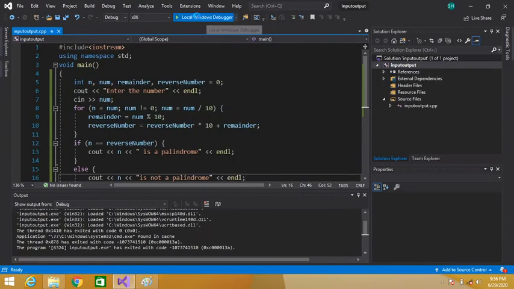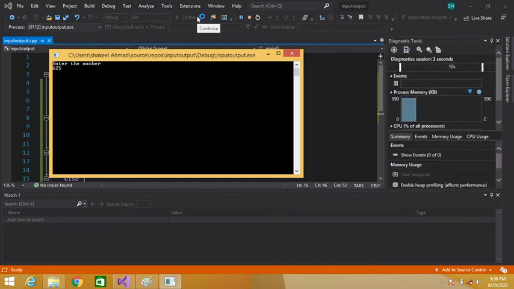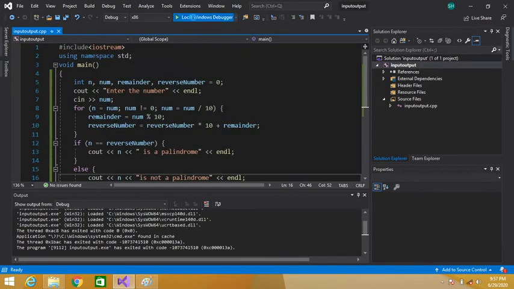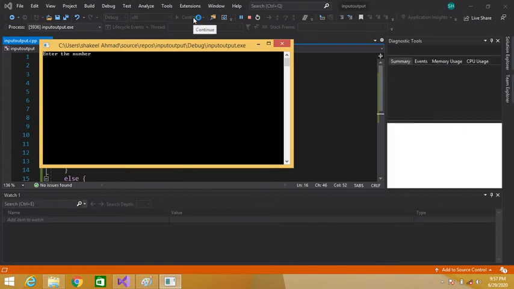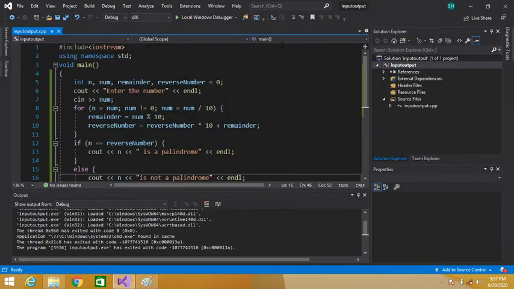Let's enter another number. It is also a palindrome because the reverse of this number is also the same. So our code is working correctly. Let's enter a number which is not a palindrome. 145, so it is not a palindrome. So 149 is not a palindrome. So our logic is working fine.